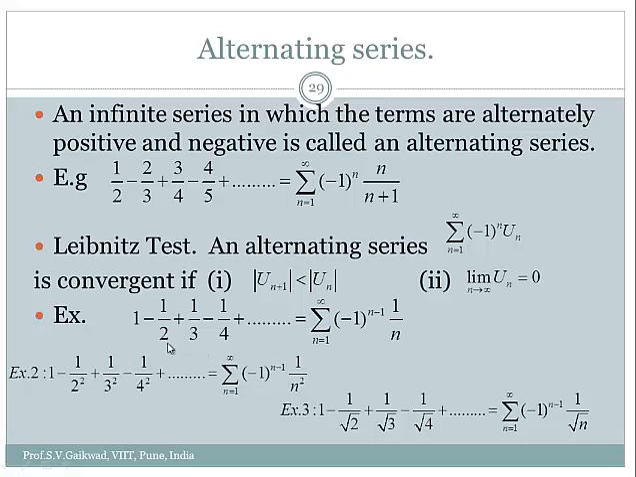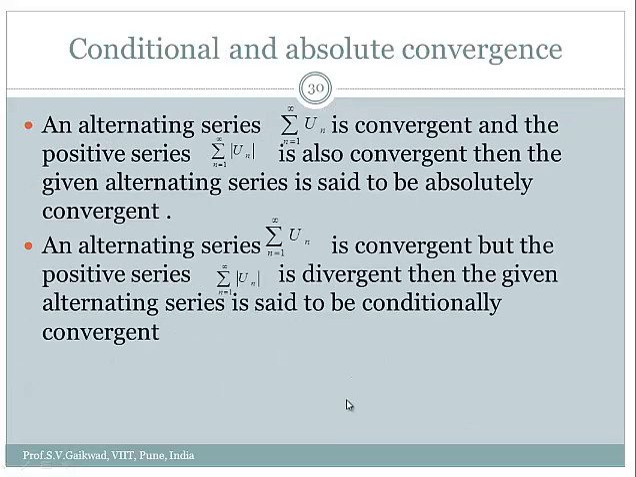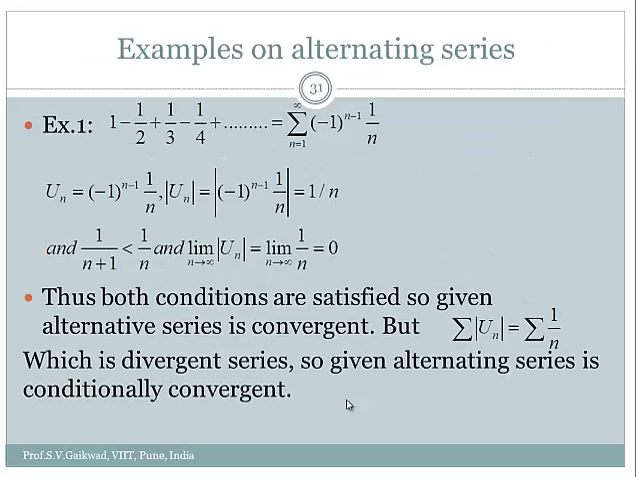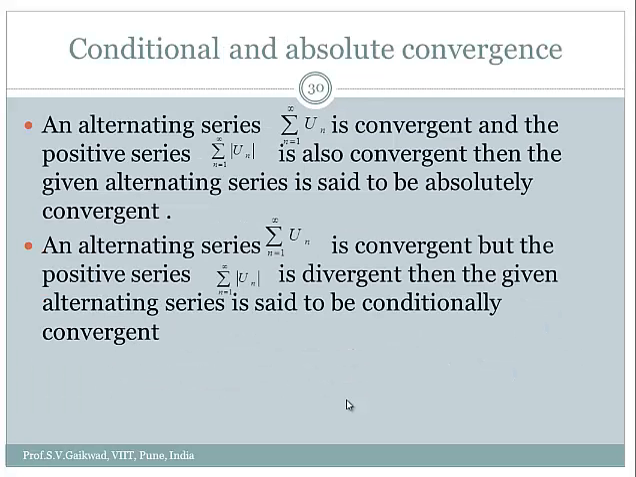Just like this example: 1 minus half plus 1 by 3 minus 1 by 4 and so on. This is the nth term, minus 1 raised to n minus 1 into 1 by n. This is another example here. These are alternating series. Now we'll discuss their convergence. Before going to those two examples,